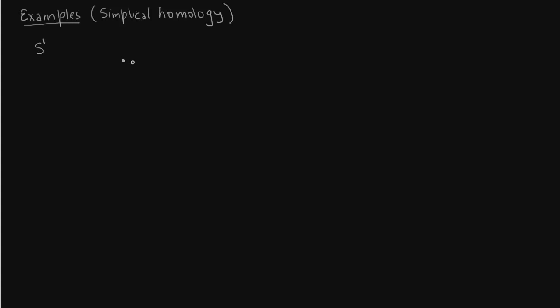Now see the circle S1, its standard structure, it contains one zero cell, and then you attach one cell to it. So the zero cell I will mark in yellow, call it the vertex V, and the edge is E. So what are the different complexes? What is C0 we get out of? Now C0 comes out of the zero cell. The generator is just the vertex V.